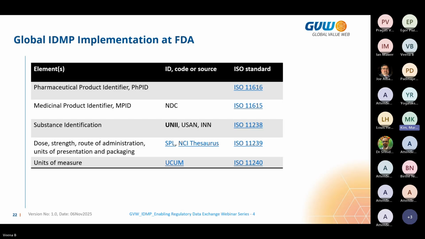But when they are available, we are ready to receive them as part of ISO 11616. For the medicinal product identifiers and PIDs, in the US, we use NDC codes, or we just say NDC, the C is the code. For substance identification, we use primarily the UNII, but we also include synonyms and other names. So USAN, the USAN name, the INN name, GSID, SMIDs, so that